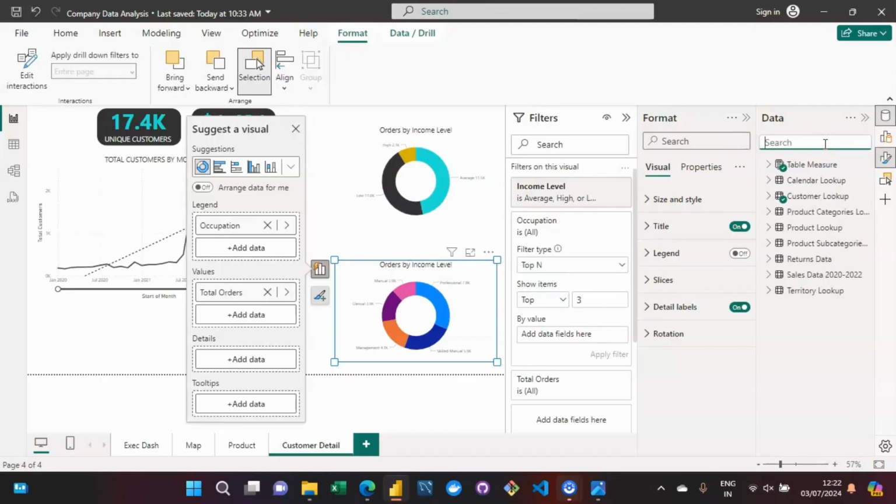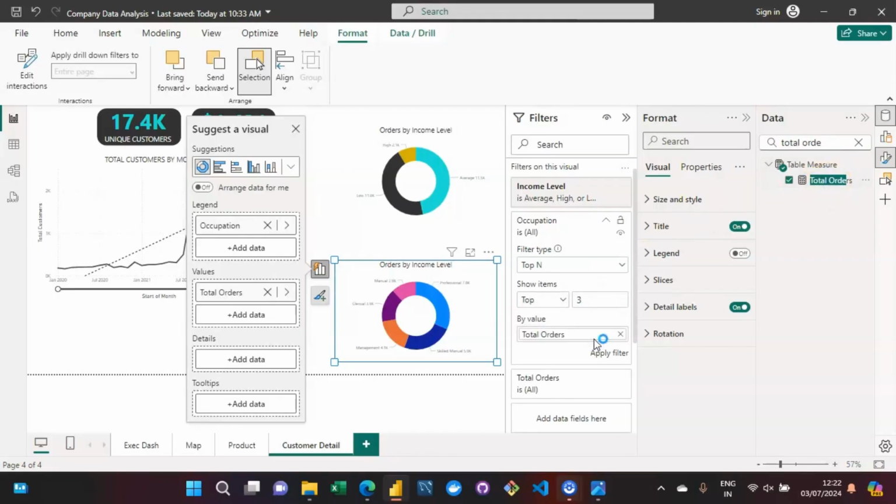So let us go forward with the total orders. And let me drag it and drop it over here, and let me apply the filter, and now you will get to see